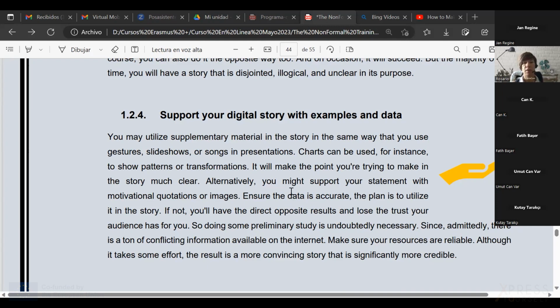So if you use data that is not accurate, you will be sending the opposite message. You will be showing the others that they cannot trust you because you are not supporting what you say, but you are showing something just because. So doing a preliminary study is necessary and a good piece of advice.